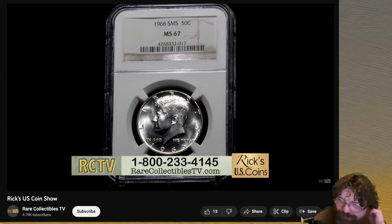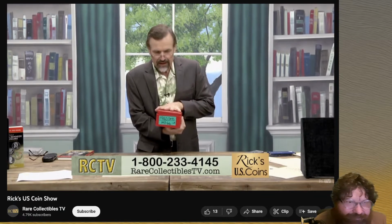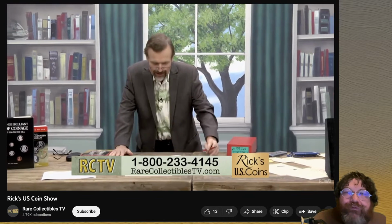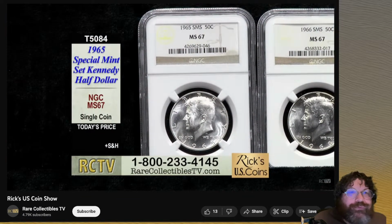I think typically if you're going to grade these yourself, well, first of all, I don't know if it shouldn't be MS, it should be specimen, right? But you're looking at probably 66 as your typical grade. In fact, I can go pull it up right now and tell you. Let's see. I have these MS67s. I'll tell you right now, if you want a 1965, Coin census. MS67,